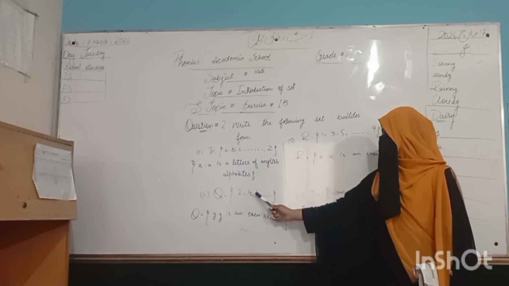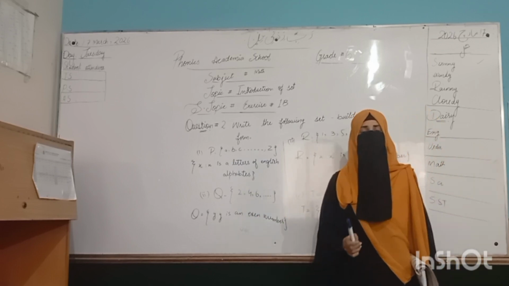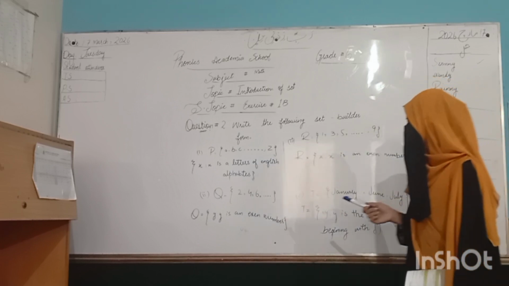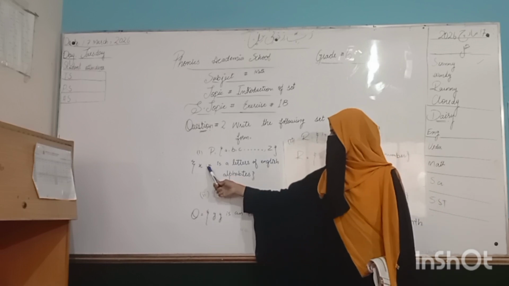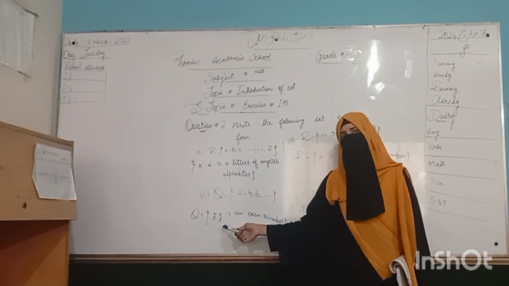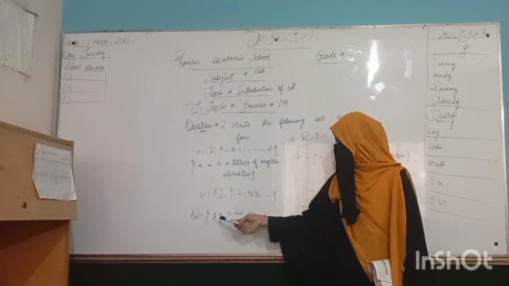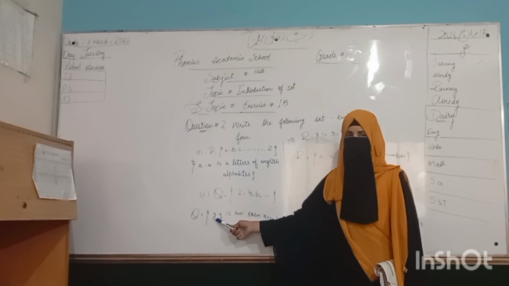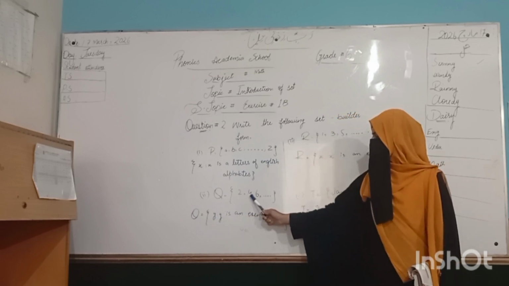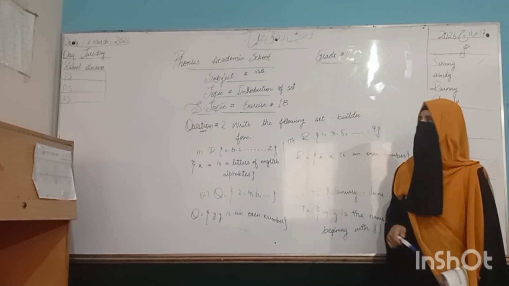Next, Q equals 2, 4, 6, 8 and so on. You know that 2, 4, 6 are even numbers, divisible by 2 with remainder 0. You can write x such that x, or y such that y, or p such that p; it depends on your symbols. You must put the set builder sign between them. Then you write that it is an even number, because 2, 4, 6, 8 are in the table of 2 and the remainder is 0.